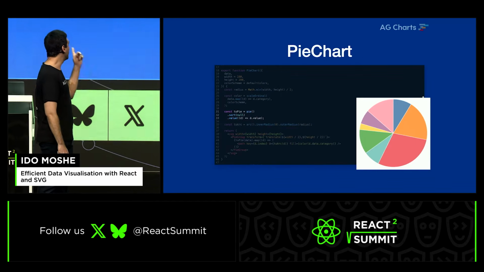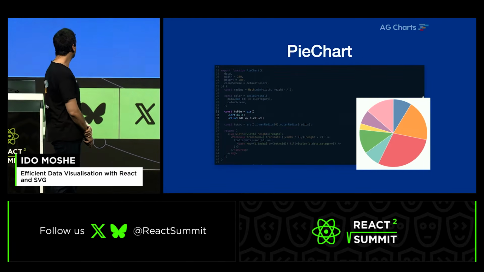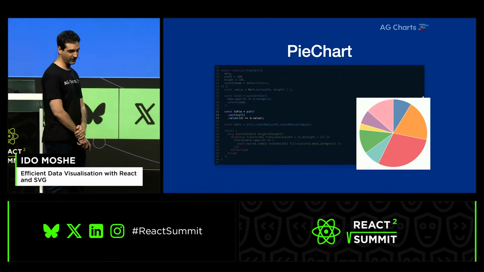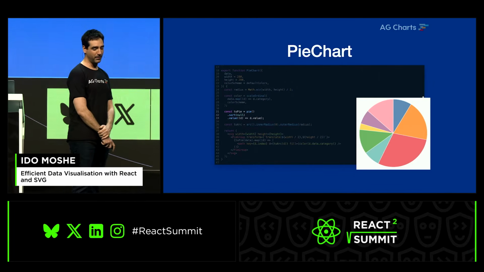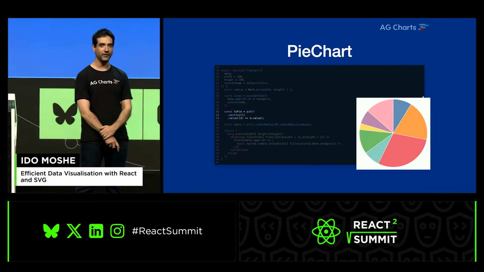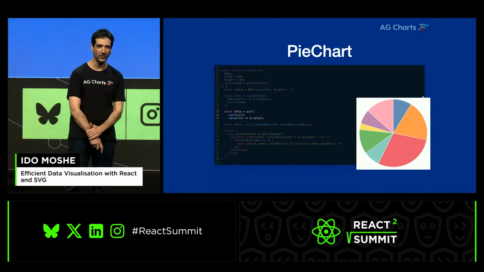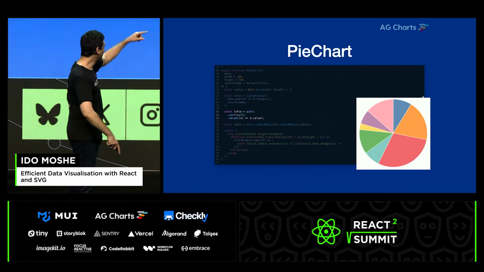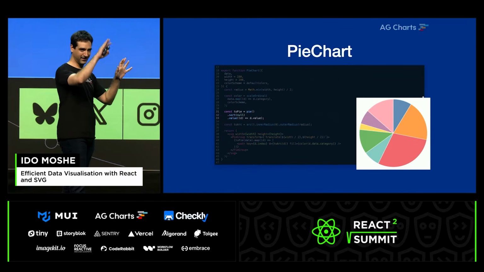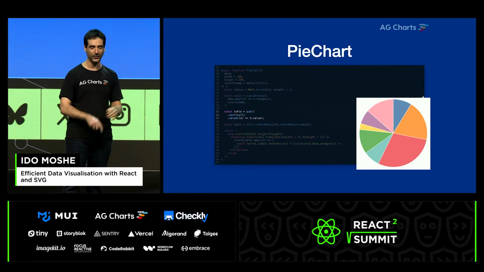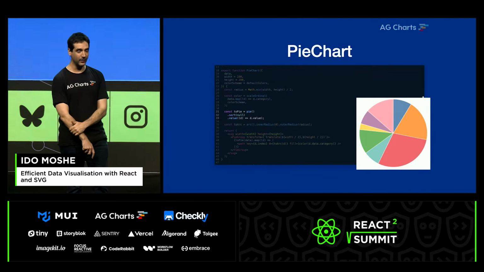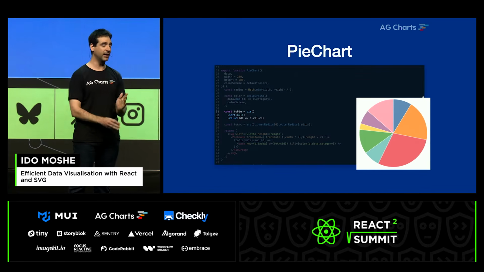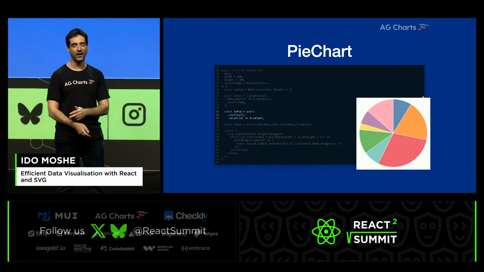Then from the d3-shape package, we're going to use the pie function. That's basically going to create a mapper. In this specific case, we're defining that we don't want sorting, because it does sort values by default. That's why you can see that the pie chart is nice and not equally divided, each value is in its own place. And we tell it what value to actually look at in order to divide our data